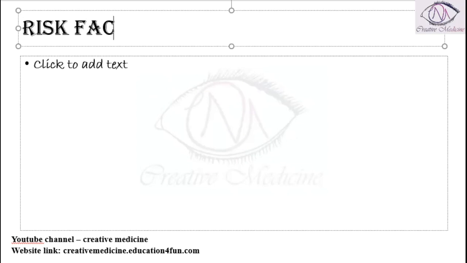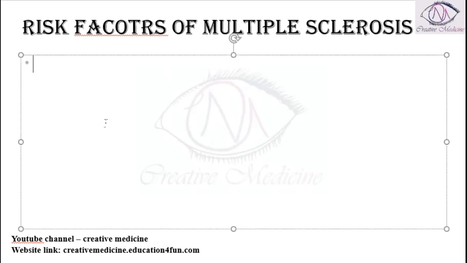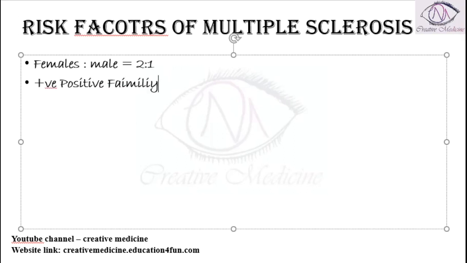Risk factors of multiple sclerosis. It occurs in females more commonly than males. Females are almost 2 times more affected than males. Positive family history is seen in multiple sclerosis, along with